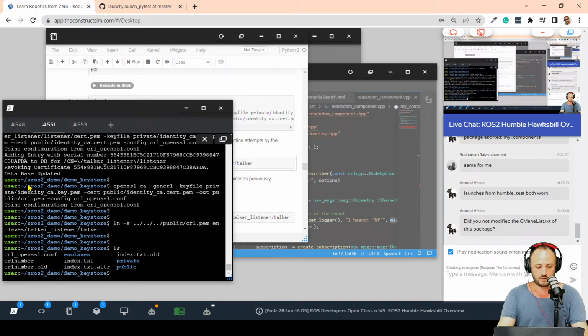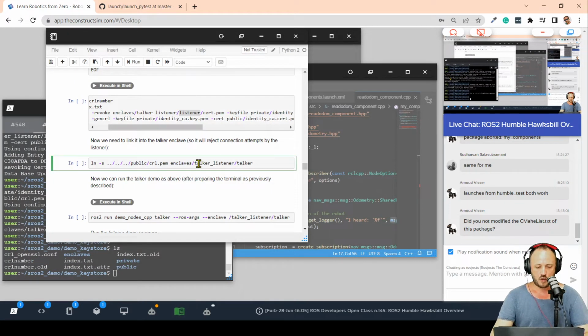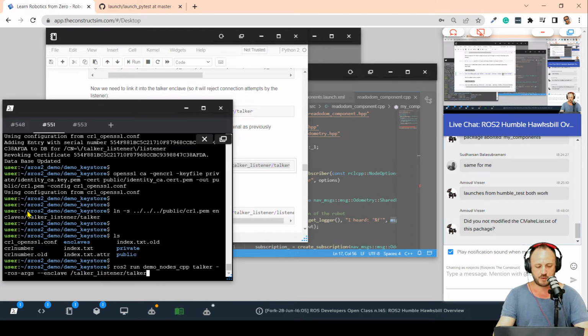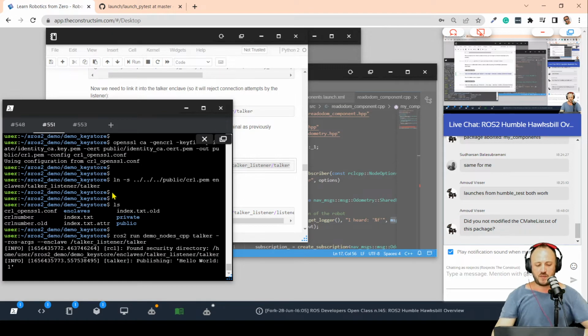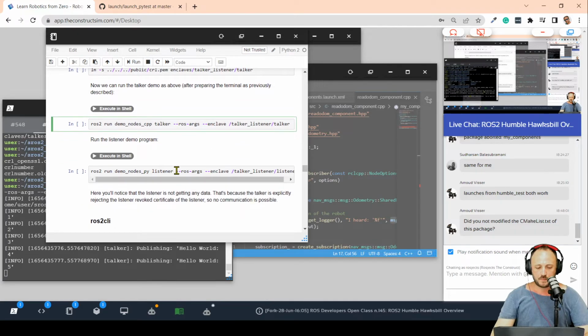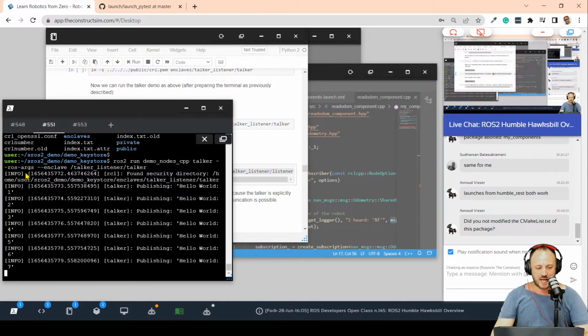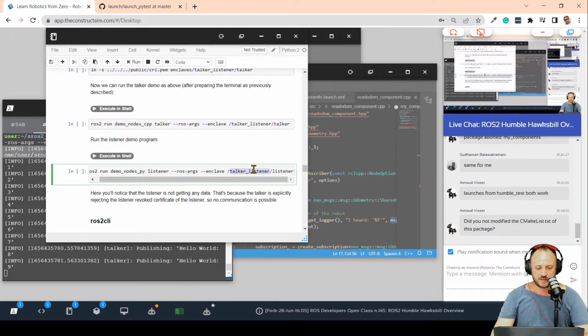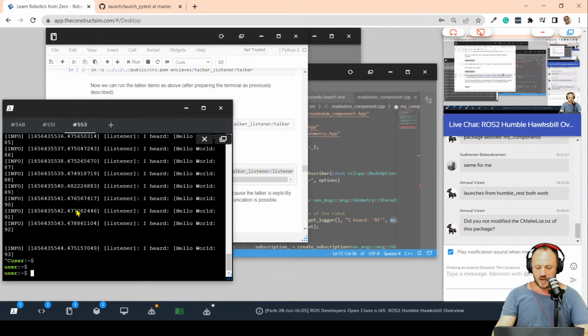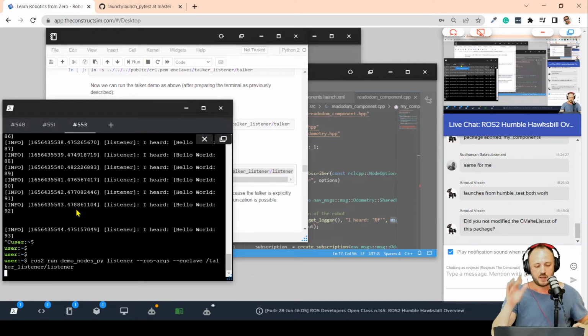Okay, now, finally, let's go into that. So now we are going to run one more time our talker node, okay? Let's run it one more time with the latest modifications. It's going to start publishing, but now, if I run my listener again, let's do it again. So you saw that a moment ago this was working. So now,